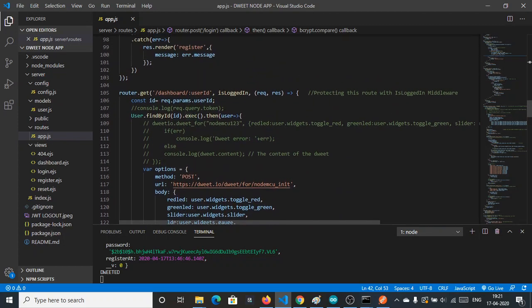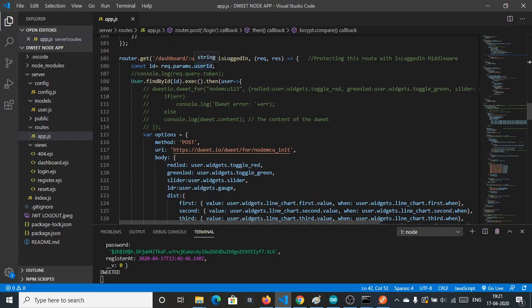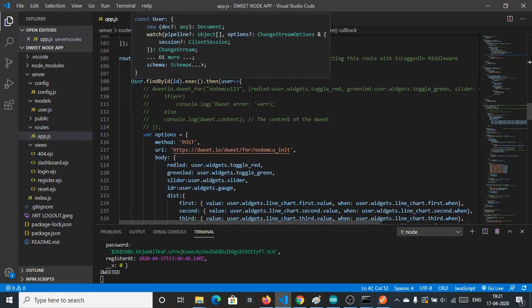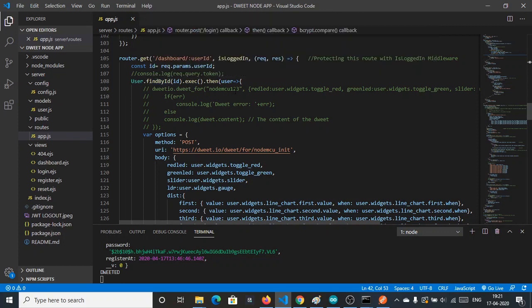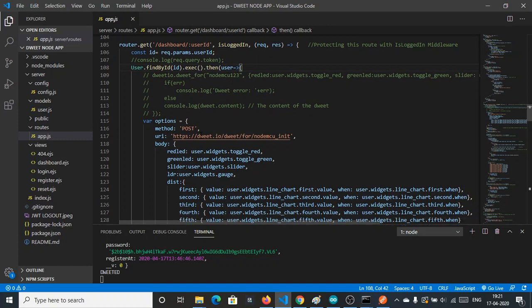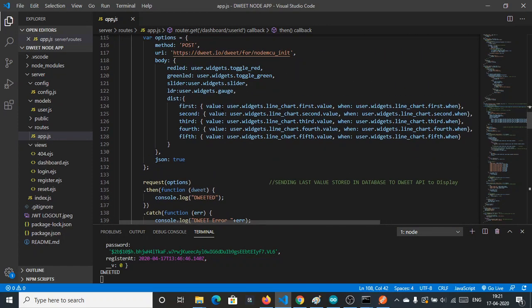Fine. So this is the user ID, and we will first check the ID in our database to see whether the user exists or not. If the user exists, then we will do these things.